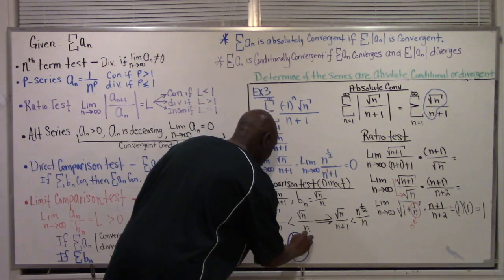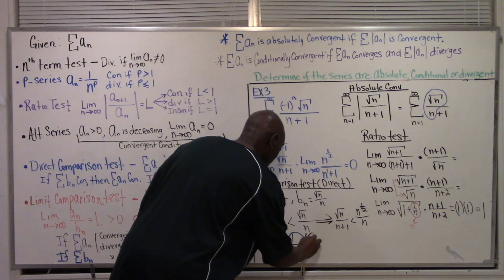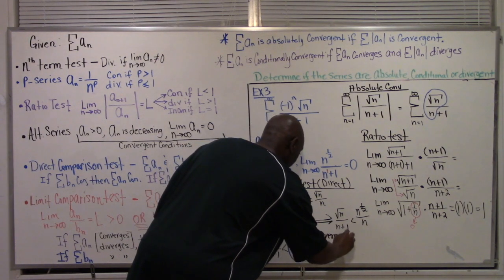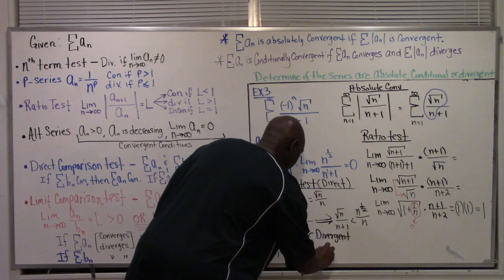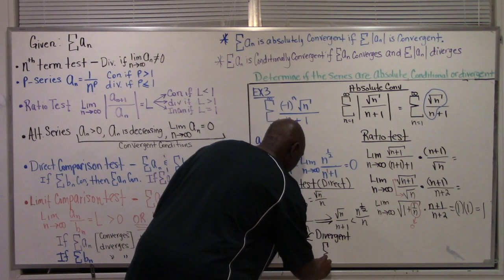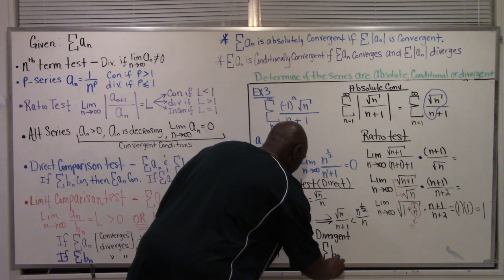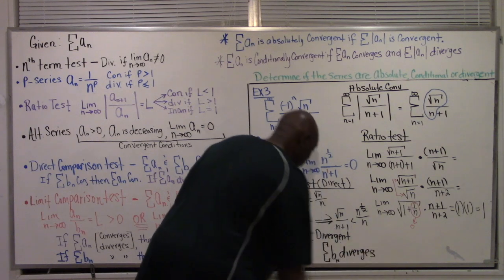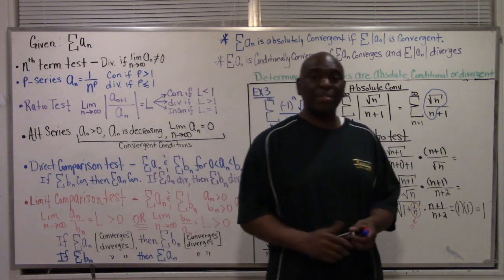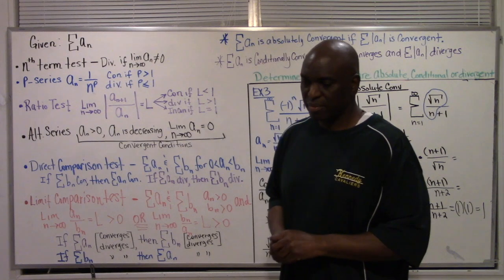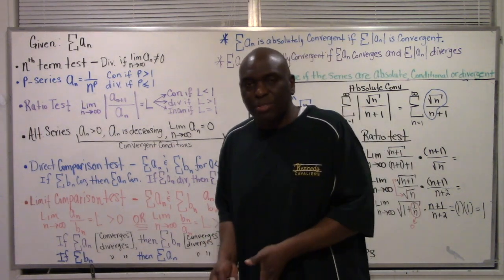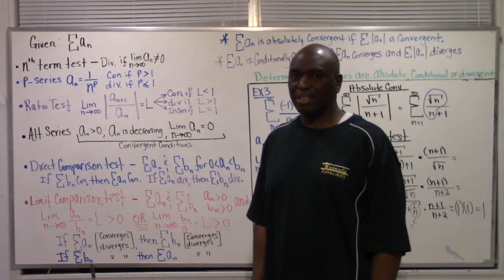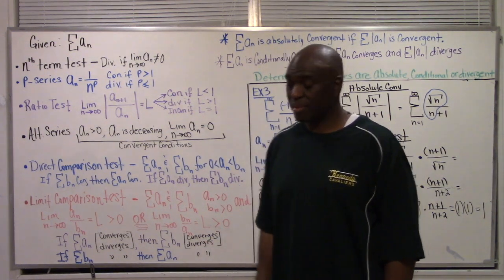So this is divergent. So the series b sub n diverges. The only problem is this. If b sub n diverges, the direct comparison test is also inconclusive. It tells us nothing. Because look,